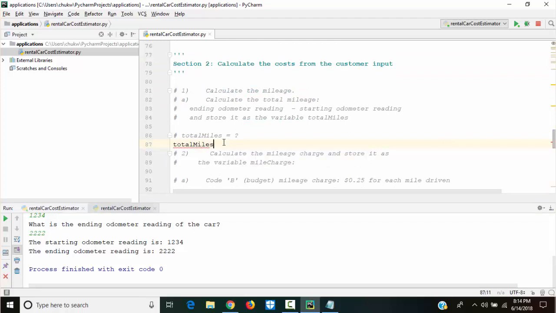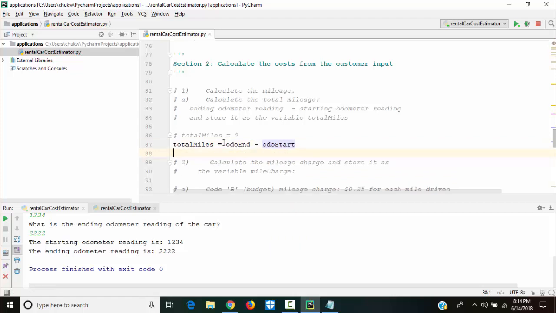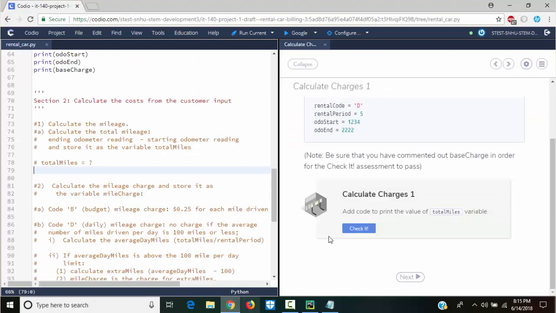That's fine. Total miles is odo end minus odo start, and that's it.